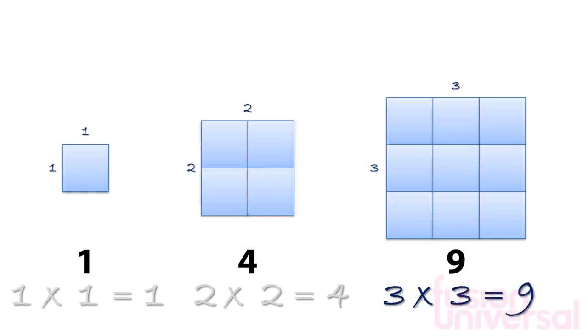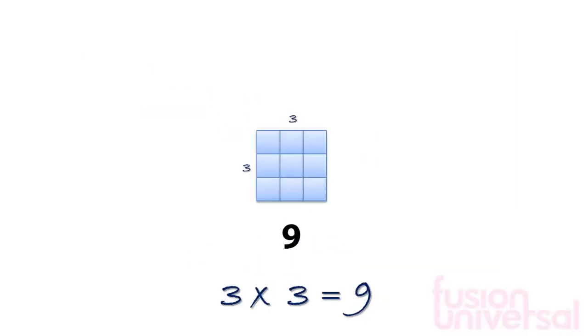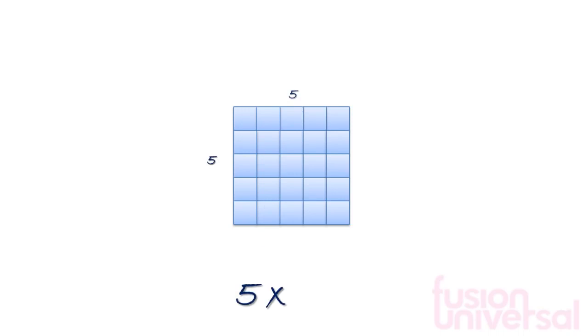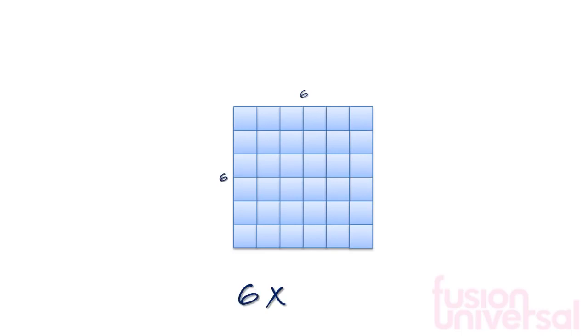Any positive integer multiplied by itself is called a square number. So, the next shape in our pattern has 4 rows and 4 columns. 4 times 4 is 16, so 16 is the next square number. As this continues, we find that 5 times 5 equals 25, 6 times 6 equals 36,